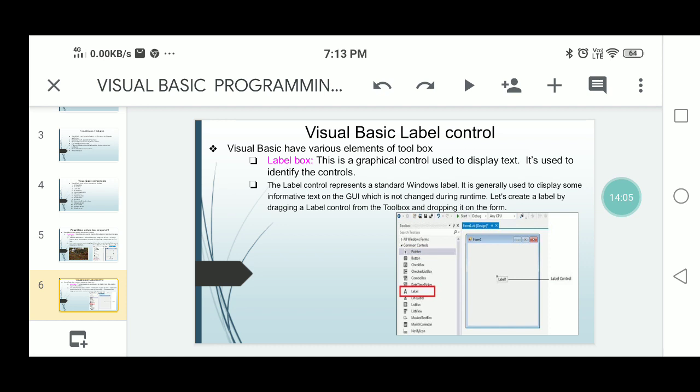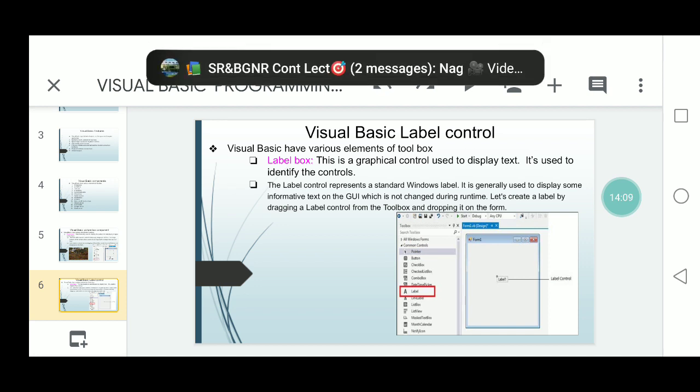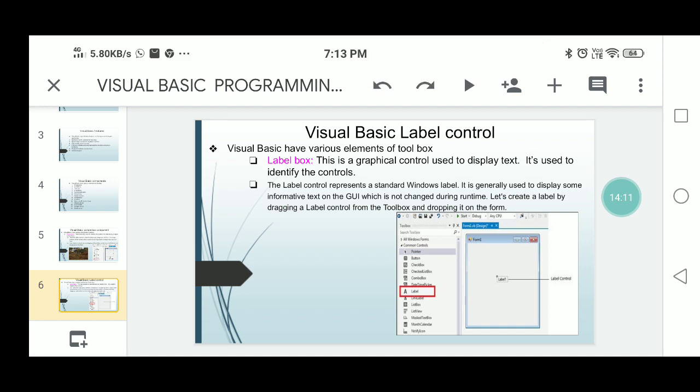The label control represents a standard Windows label. It is generally used to display informative text on the graphical user interface. It is a graphical interface element which is not changed during runtime. Let us create a label by dragging a label control from the toolbox and dropping it on the form.